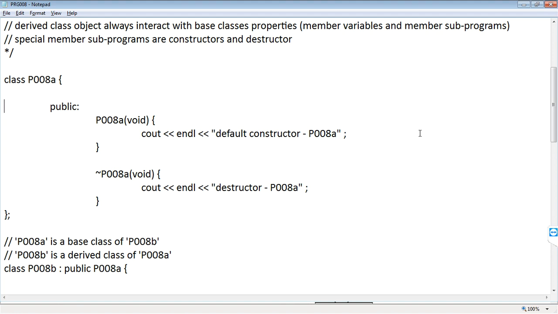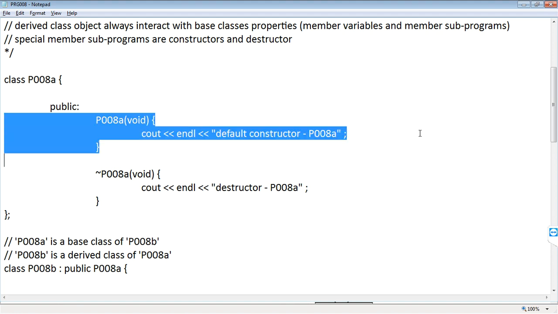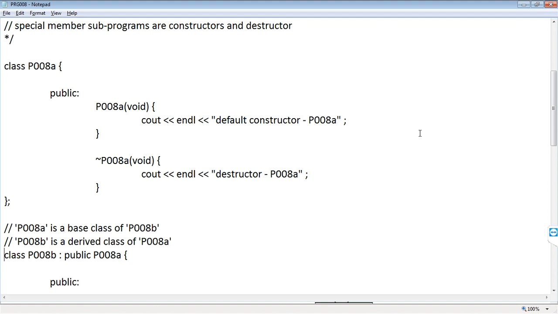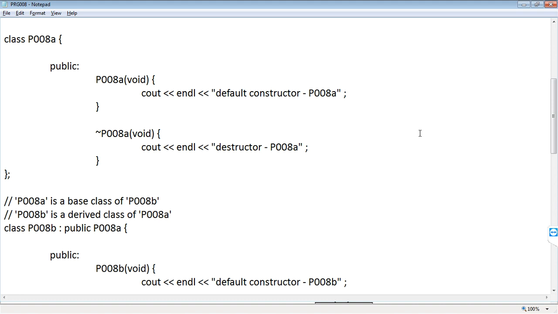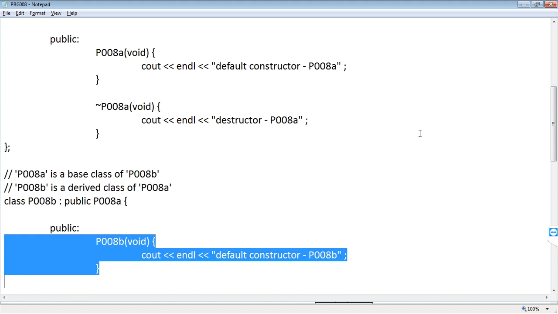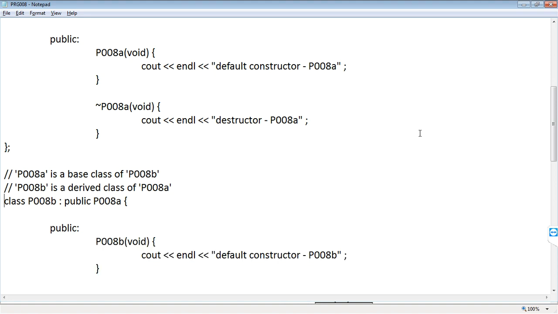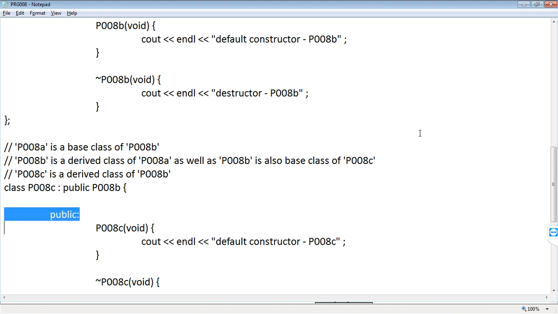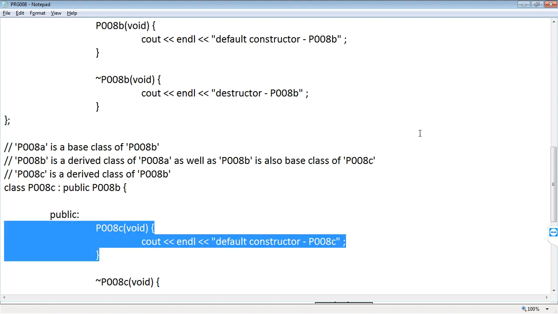Watch whether the constructor is found or not; the constructor is found, then processed. Now the cursor returns back to P008B, and we check whether the constructor is found or not; it is found, then that constructor is processed. Again from P008B the cursor returns back to P008C. Now in P008C, we check whether the constructor is found; found, then the second derived class constructor is also processed.